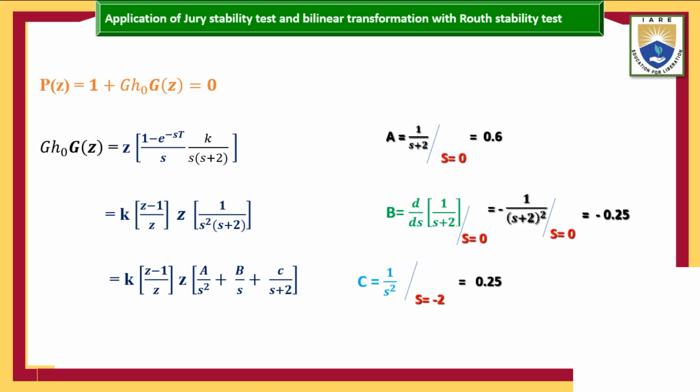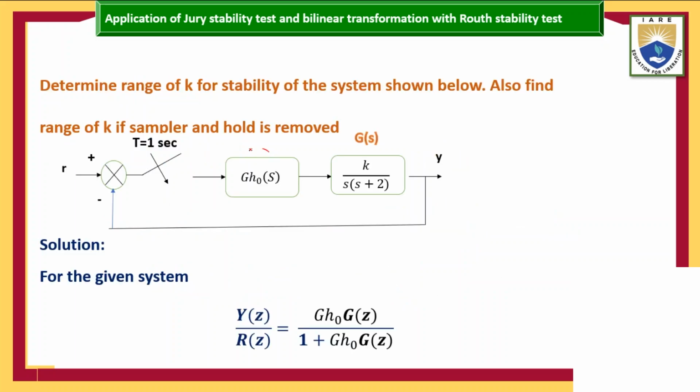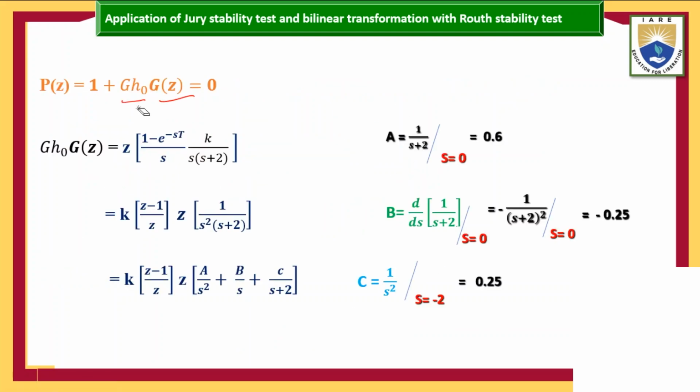Coming to the characteristic equation, we have the zero-order hold device and G of Z, one system. We have to find this value, that is G into H naught into G of Z. I want to find the Z transform of